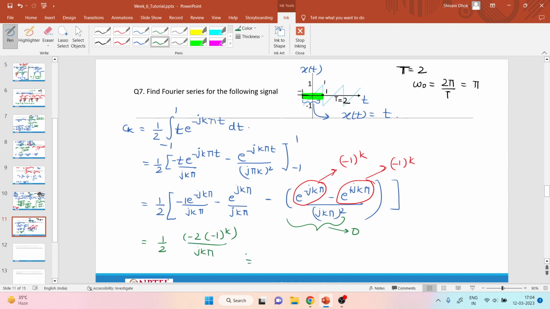This gets cancelled, and minus 1 by j I can write as j, times minus 1 to the power k upon k pi. And again, when I'm solving this integral, the basic assumption is my k is not equal to 0. So now if my k is equal to 0,